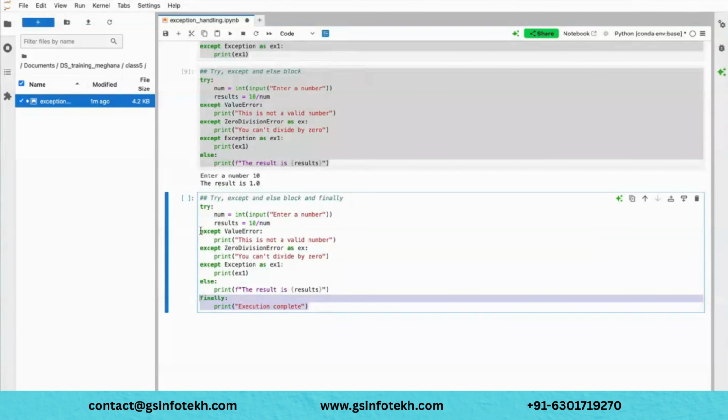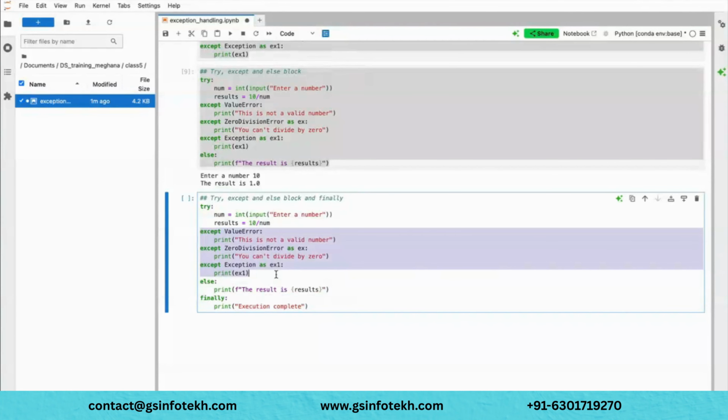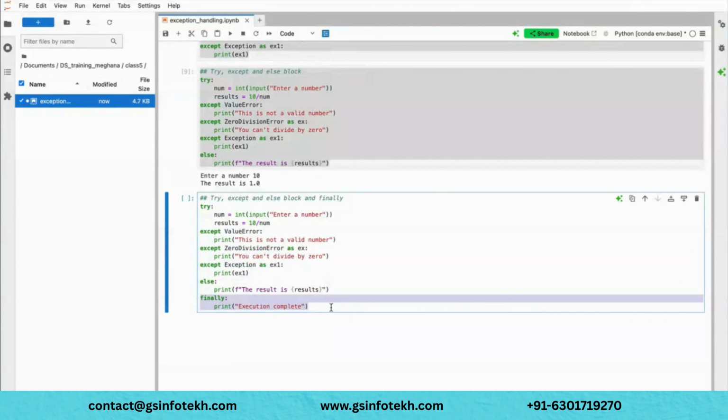Let's say I am having any kind of exception here. After handling these exceptions, this finally block will obviously execute. Sometimes you will get a situation where even though the error has occurred, you want to print some kind of statement to let you know, for your purpose, to enhance your product and all. In those situations, you can keep that entire code in the finally block and you can log into the logger file. Then you can do another analysis later.